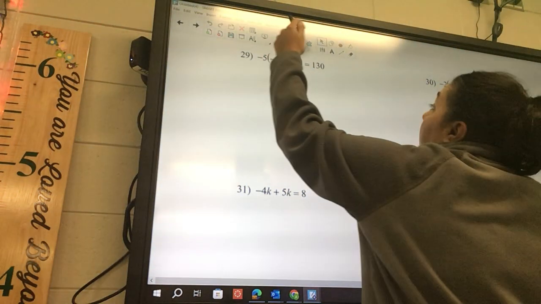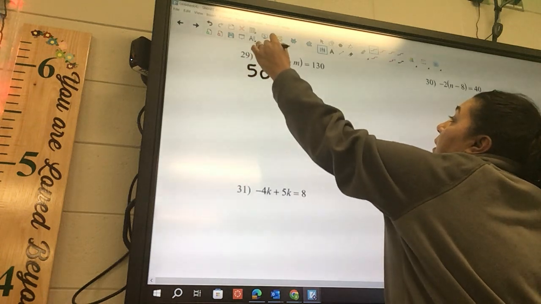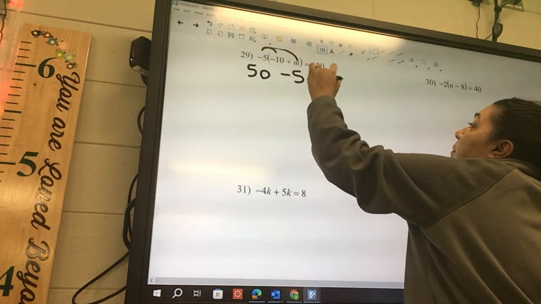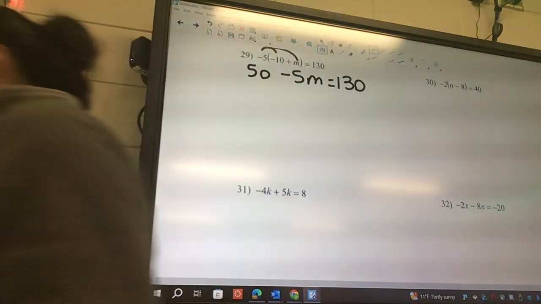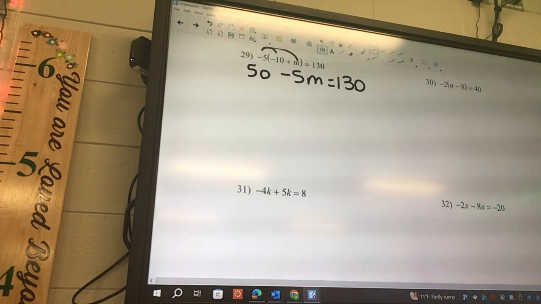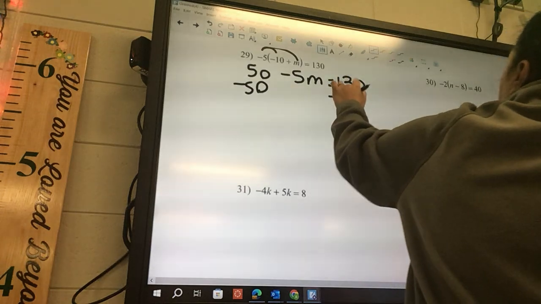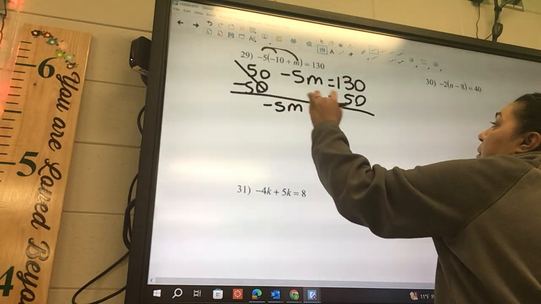Okay, so negative 5 times negative 10 is a positive 50. Negative 5 times 1m is negative 5m equals 130. Okay, and then what needs done? The 50. Minus 50 from both sides. So I got negative 5m equals,